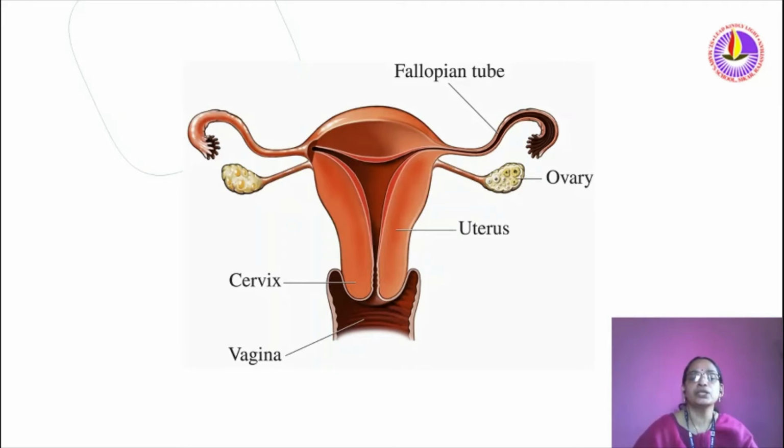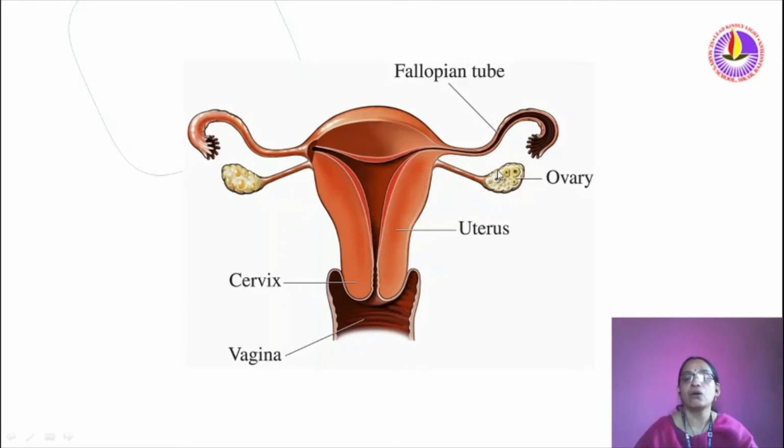And this pear-shaped structure is called the uterus. At the bottom you can see the cervix. Then the cervix ends with the vagina, which connects to the outer wall. Once more, you see this finger-like structure on the left side and right side, called fimbriae. This tube-like structure is called the fallopian tube.